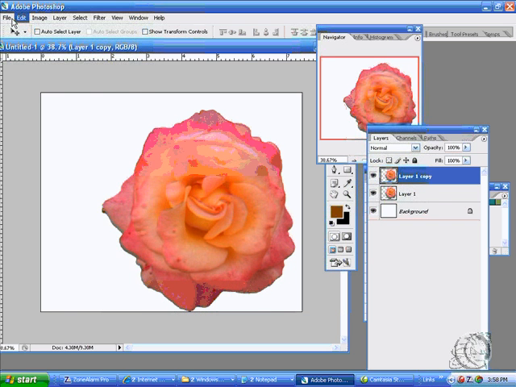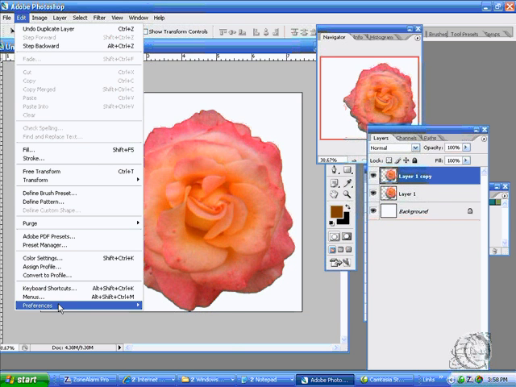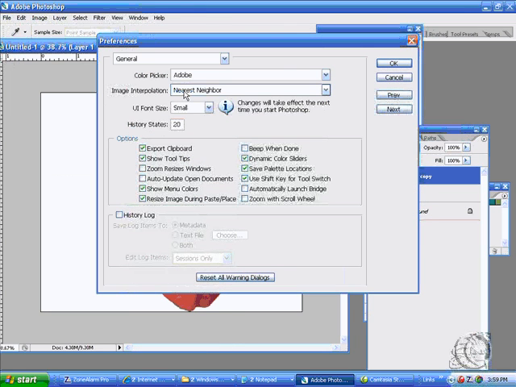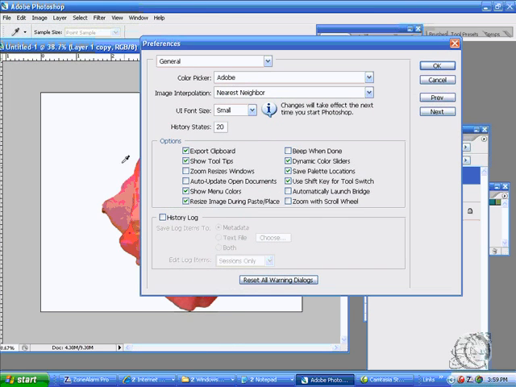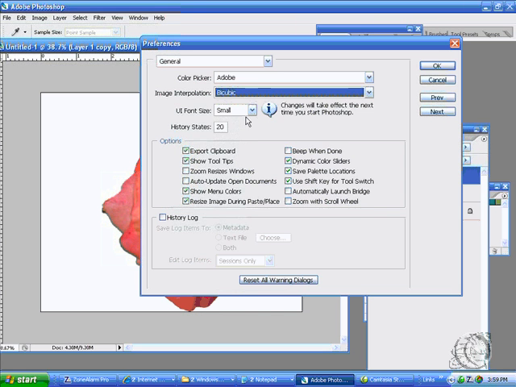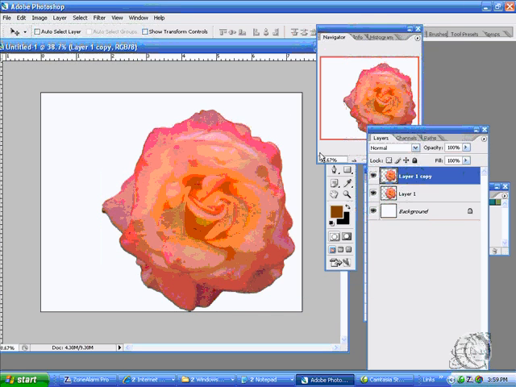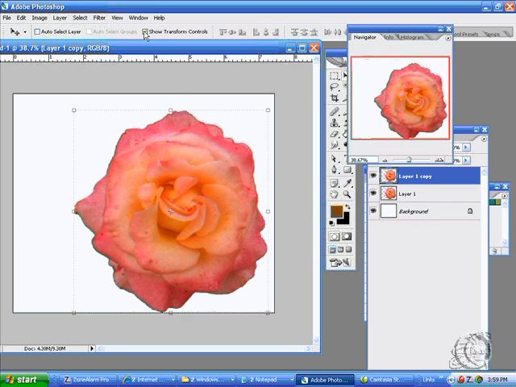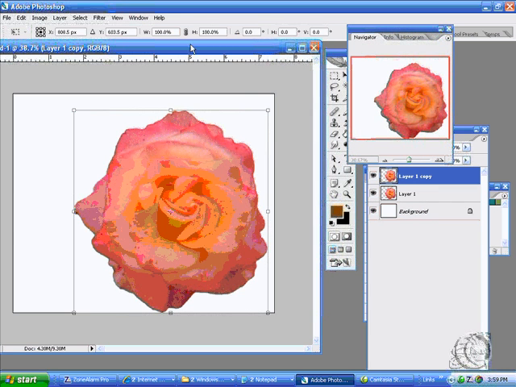You have to check in your preferences how you have your interpolation set. I have nearest neighbor. If I want to keep that nice soft tonal edge, I'll put bicubic here. That will allow my tonal edge to remain the same if I transform the size. So I'll click the transform tools, and then I'll click in the corner, of course hit the link so it